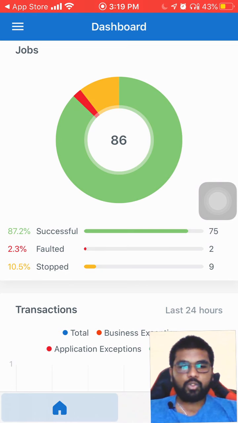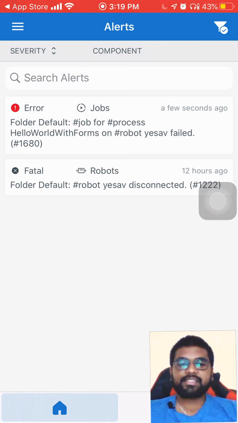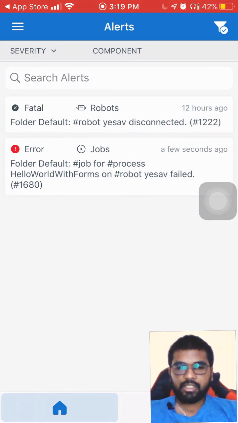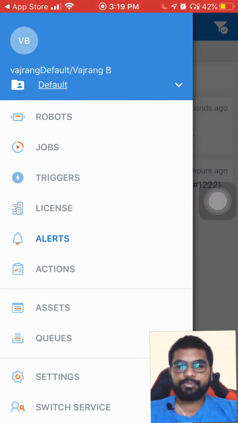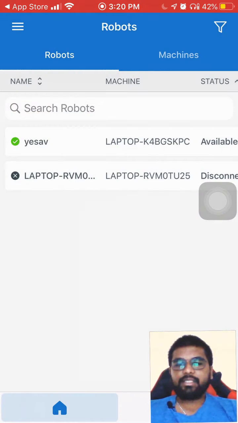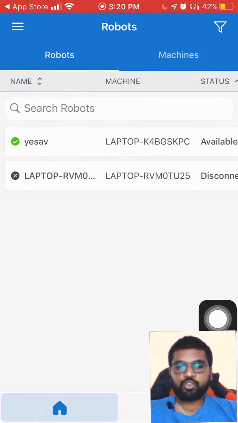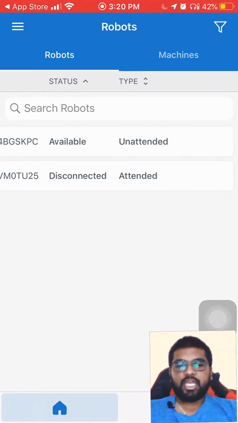Okay, let's go with alerts. So what is an alert? Whenever a robot gets disconnected or whenever there is an error with severity, and again we can filter. Let's go back to our robots. I currently have 2 robots attached to my Orchestrator license, and one which my machine is having, which is available.